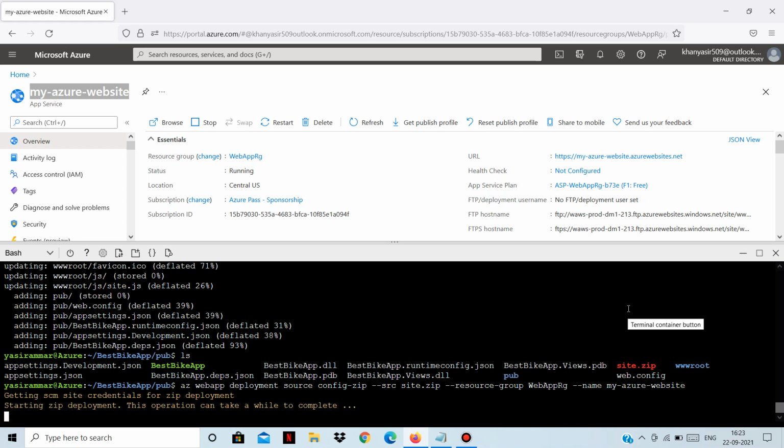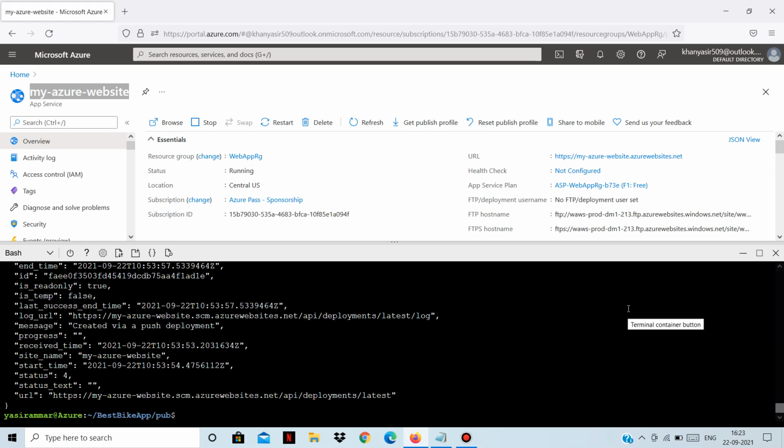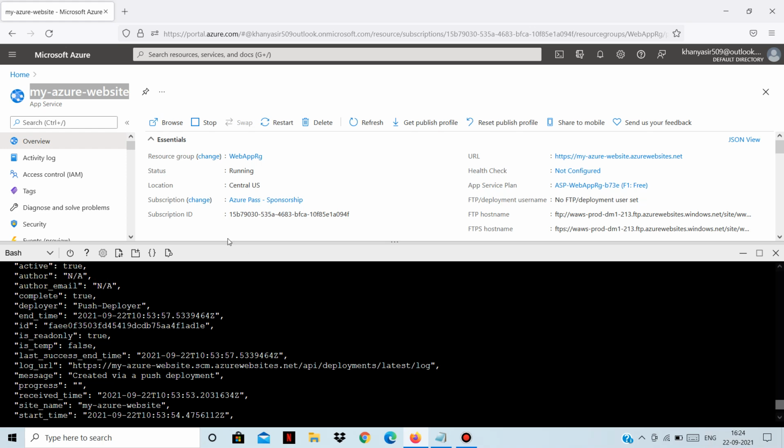So now our deployment is happening. Status code is 202, which means it is successful. So let's wait for it to complete. As you are getting the response, it means your web application is successfully deployed using the zip deploy method.